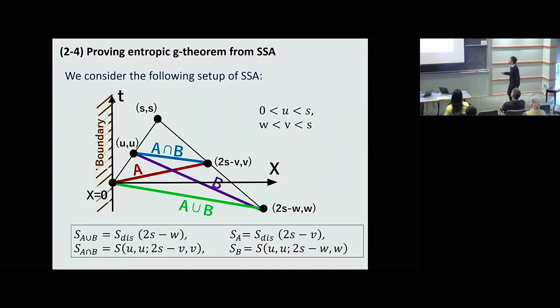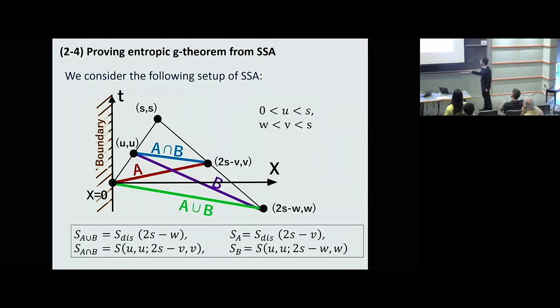The setup we consider for this strong subadditivity is this one. We have a boundary here, and we consider the BCFT defined here. But we take some, this is a light-like direction. These two are both light-like directions. And we take some subsystems A and B like this, but no longer is it symmetric. We should take some special boosted limits. So we take this point as U and it's S, and we have some flexibility to change the location of this point. That's fine. Still, we can put this A and B, and this is the union, and this is the overlap. So we have so many parameters here.